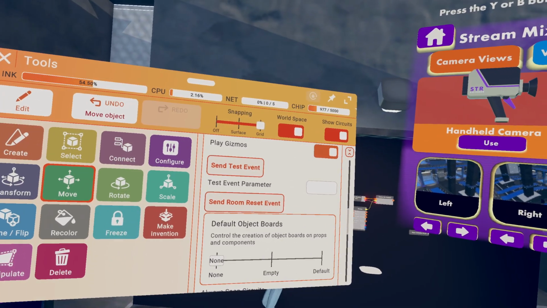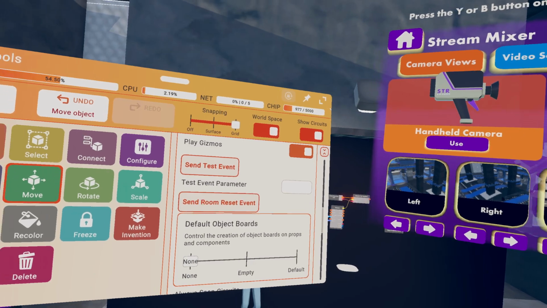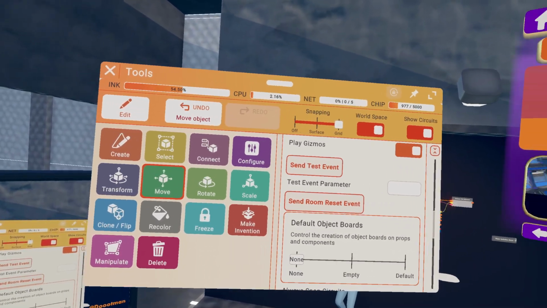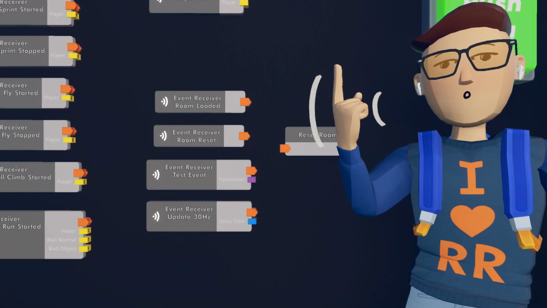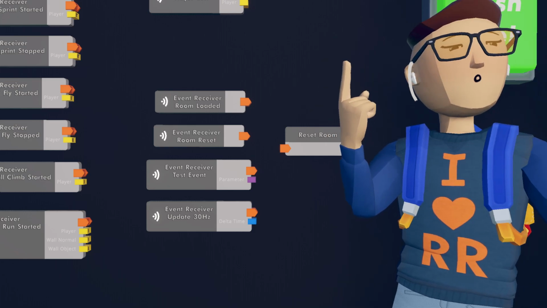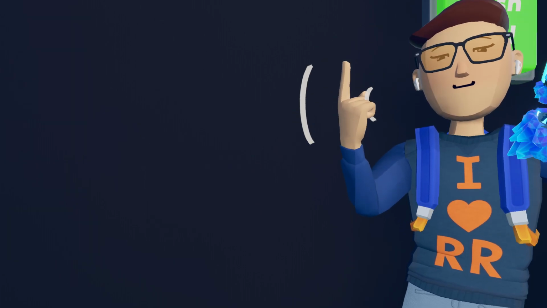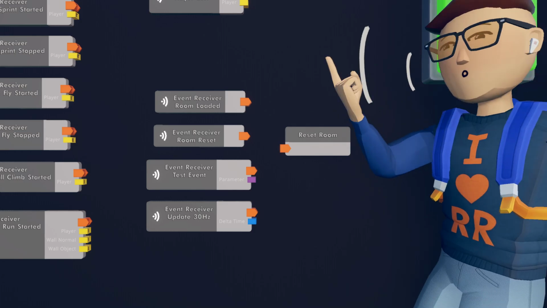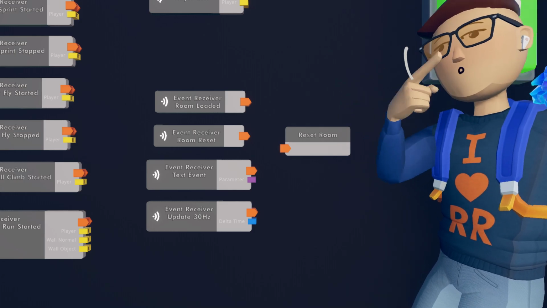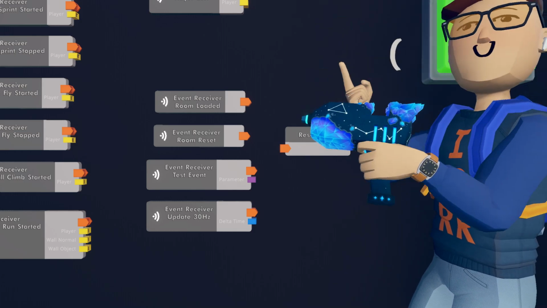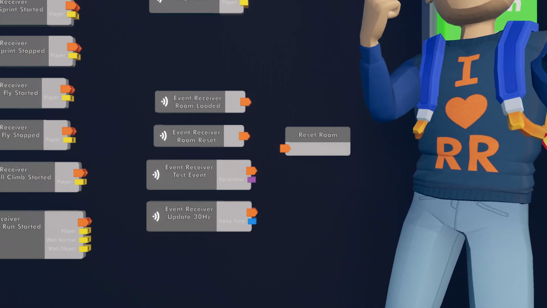Since this is only available through the maker pen, I usually only use it for testing, or you could even use it for room moderation. If all the mods in your room have maker pen access, you could put some sort of moderation system so they can access it through there without having to go to a wall to hit an object.